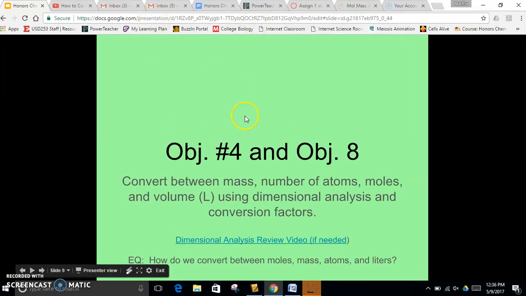Right, welcome to the screencast for objective number 4 and number 8. We're going to convert between mass, which is in grams, number of atoms, moles, and volume in liters using dimensional analysis and conversion factors. My advice to you, if you need to go back and review how to do dimensional